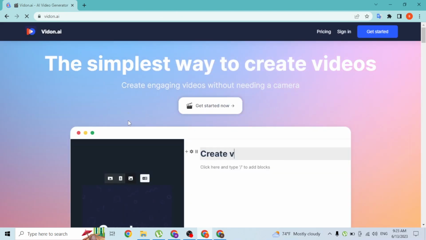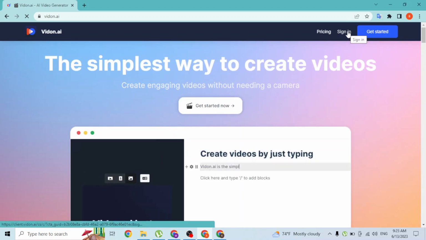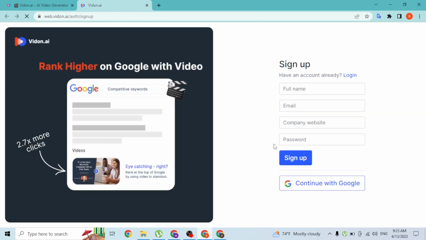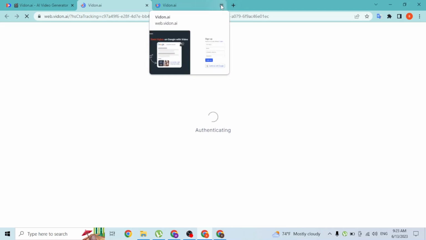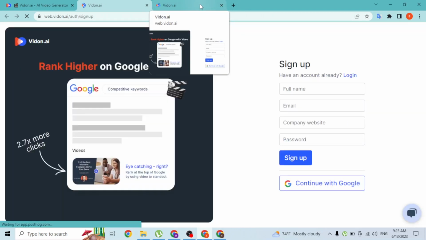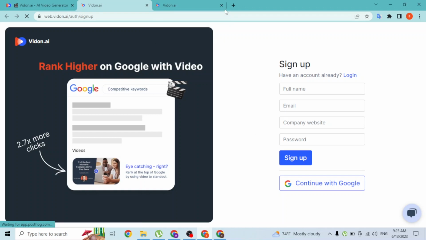And now in order to log into your account, at the top right corner of the screen you can see the sign in button available over here. Click on sign in, and after clicking on the sign in button you can see we were redirected over here,